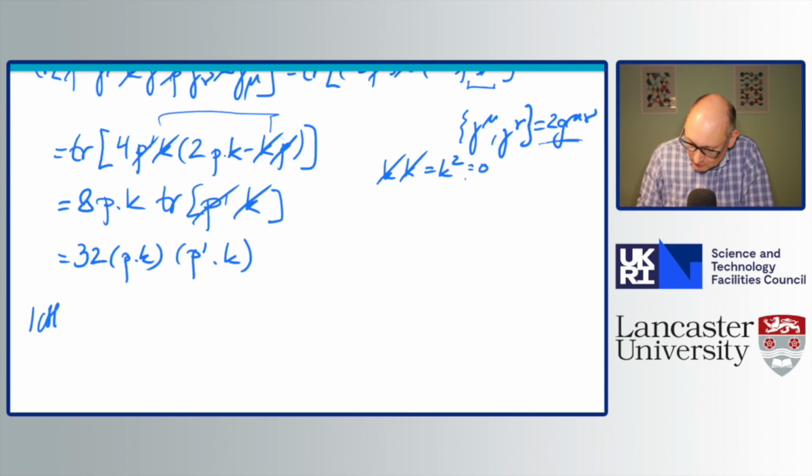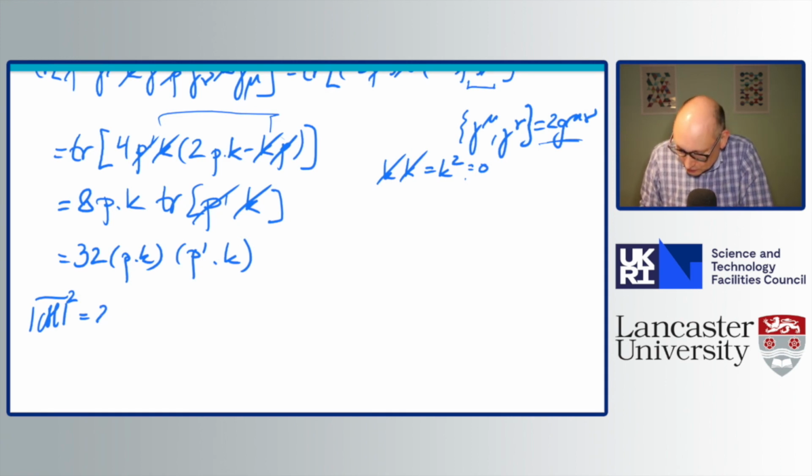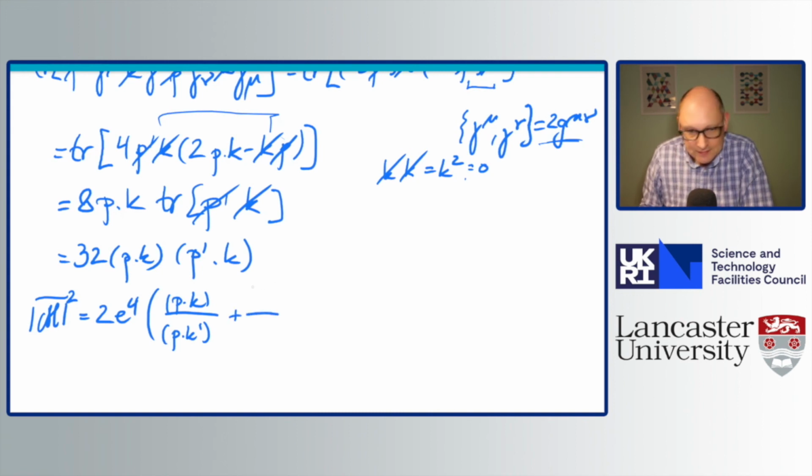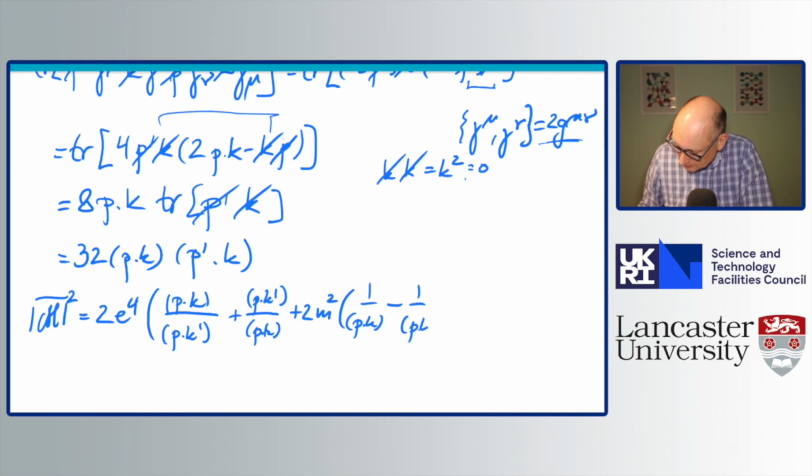spin summed and averaged matrix element squared. I'll just define that as a half times the sum over the photon polarizations, and a half over the electron spin, but there's a half over each one, as 2 e to the 4, p dot k over p dot k prime plus p dot k prime over p dot k plus 2m squared, 1 over p dot k minus 1 over p dot k prime